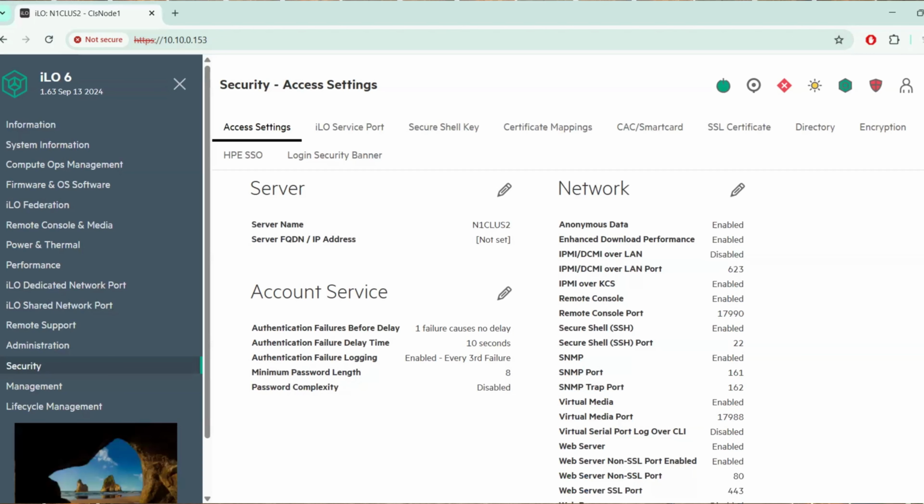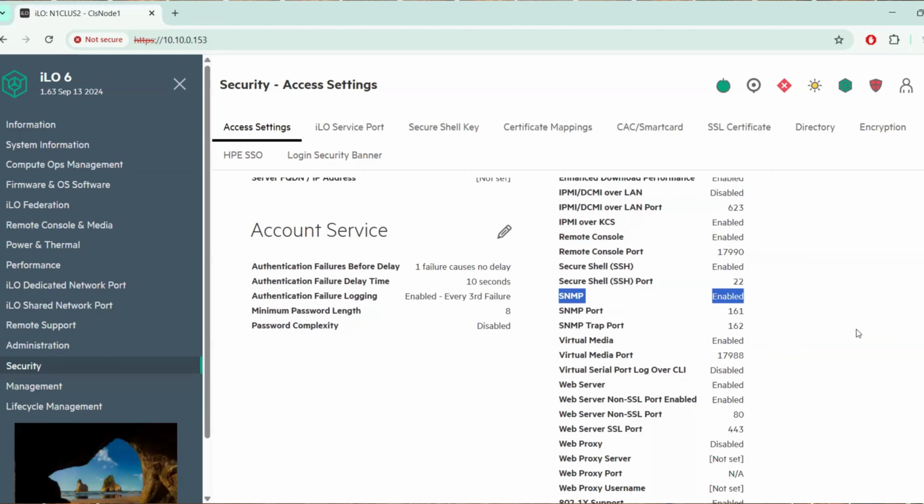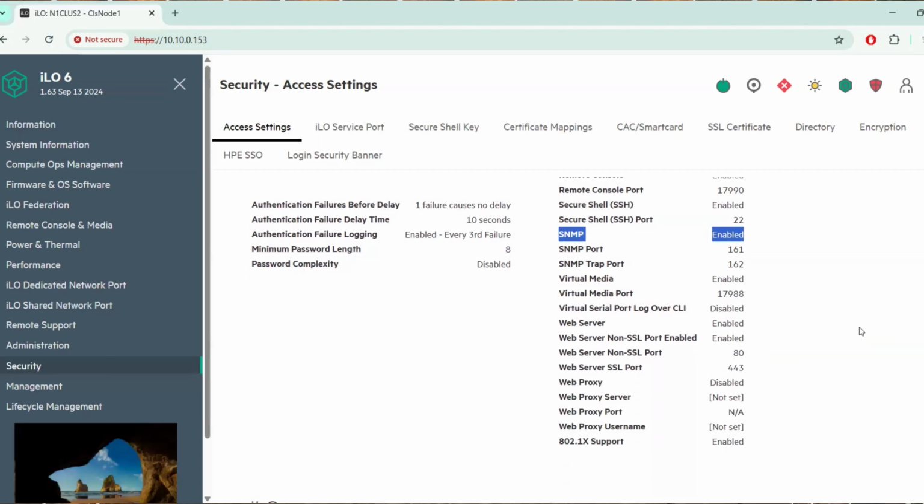Here you can see SNMP is already enabled, and different port numbers are also configured. And if I move forward, when we talk about web services, there are two protocols available. The first one is HTTP, while the second one is HTTPS. So here I provide both ports: port 80 for compatibility, as the legacy option with HTTP. While for the more secure option, I will consider HTTPS, and the port number